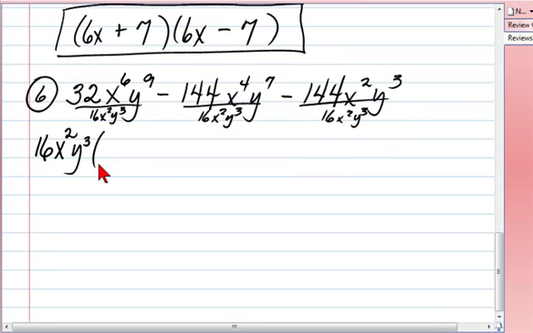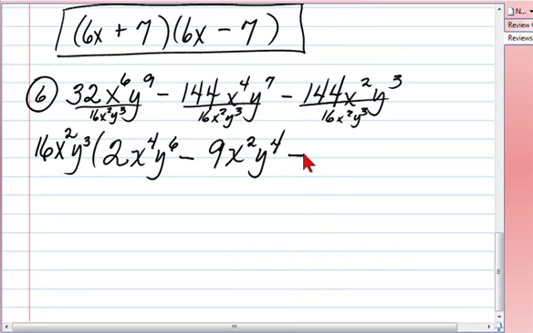For the first one, 32 divided by 16 is 2. What do you do with the exponents of your like bases? Subtract. So you'll get x to the 4th, y to the 6th, minus 144 divided by 16 is, I think, 9. Do the quotient rule with your variables. X to the 2nd, y to the 4th, minus 144 divided by 16 is still 9, but the x squareds and the y to the 3rds divide out, leaving 1s, but those 1s don't change anything, so I close the